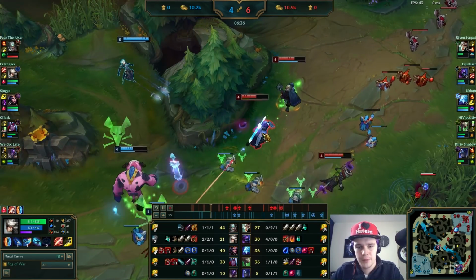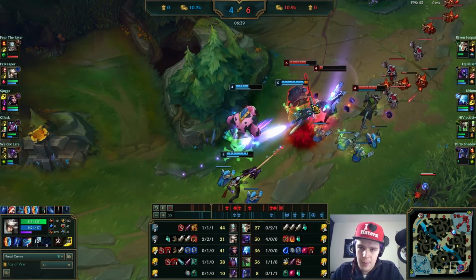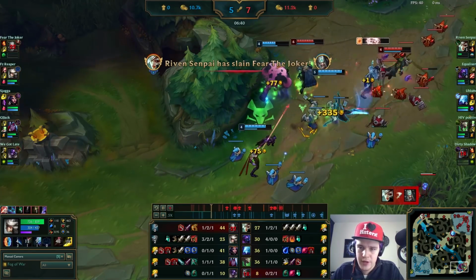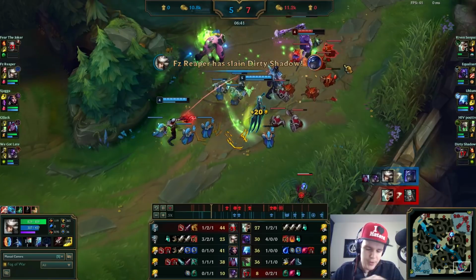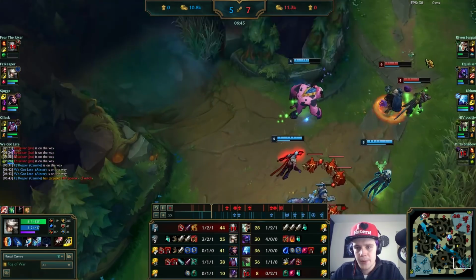The Shen is here stunned by the Alistar, and I can easily follow that up with a hook shot over the wall. Get him with that, get my electrocute proc on him, red smite him as well, and then just get him with my W. That's pretty much a perfect counter gank. Just cross the wall, get the stun on the Shen, and then we pick up a kill in that counter